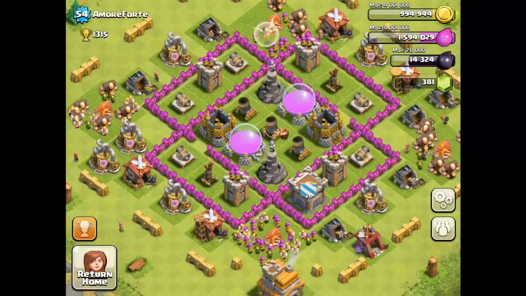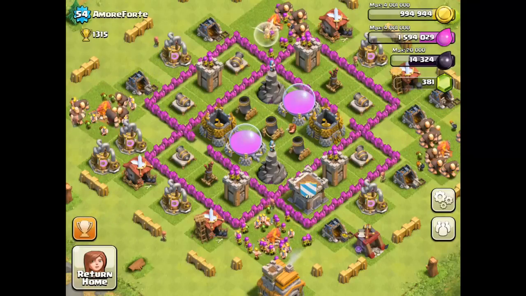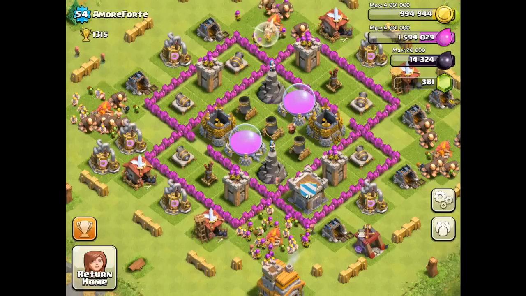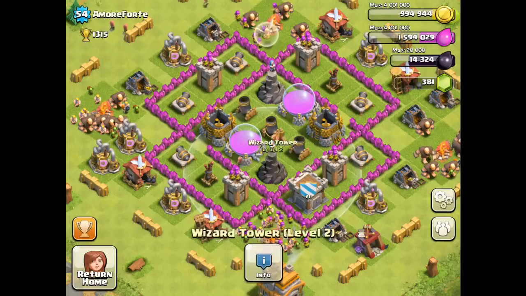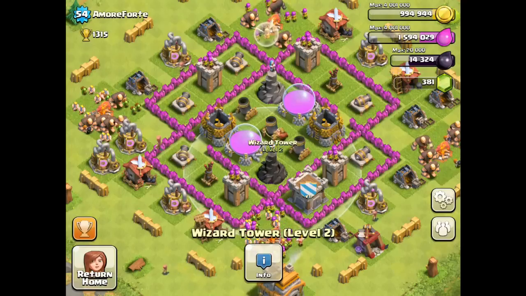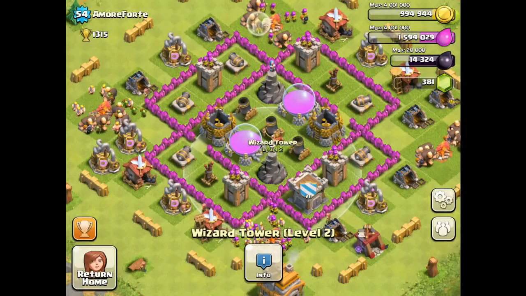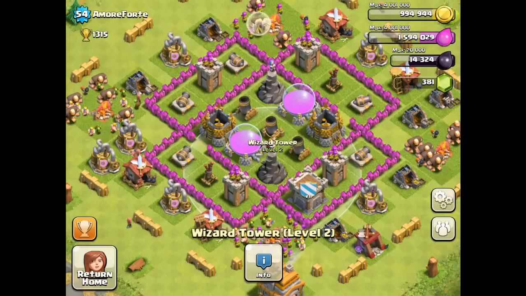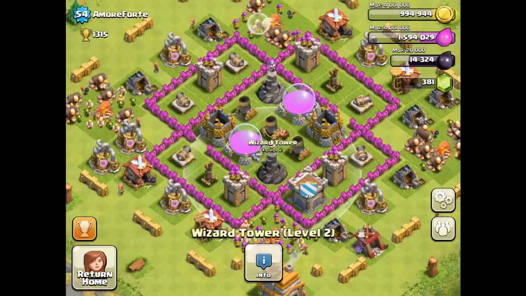Interesting stuff right off the bat. So the center, once again, looks like my old base, but you got a couple problems here. Where to start? Okay, let's start with the wizards. The wizards are level 2. I think they're both level 2. Yes, they are. That's pretty low level. You're going to want to work on getting these up. Wizards are super critical to protecting your storages because they are your first, last, and only line of defense against